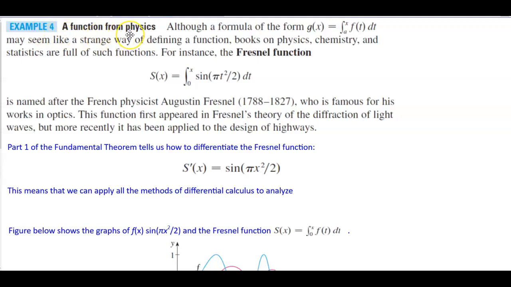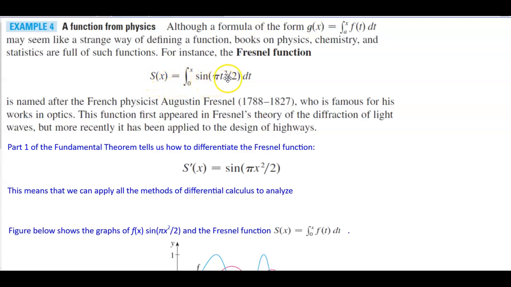Example 4, a function from physics. Although a formula of the form g of x is equal to the integral of f of t dt from a to x may seem like a strange way of defining a function, books on physics, chemistry, and statistics are full of such functions. So for instance, the Fresnel function, capital S of x,